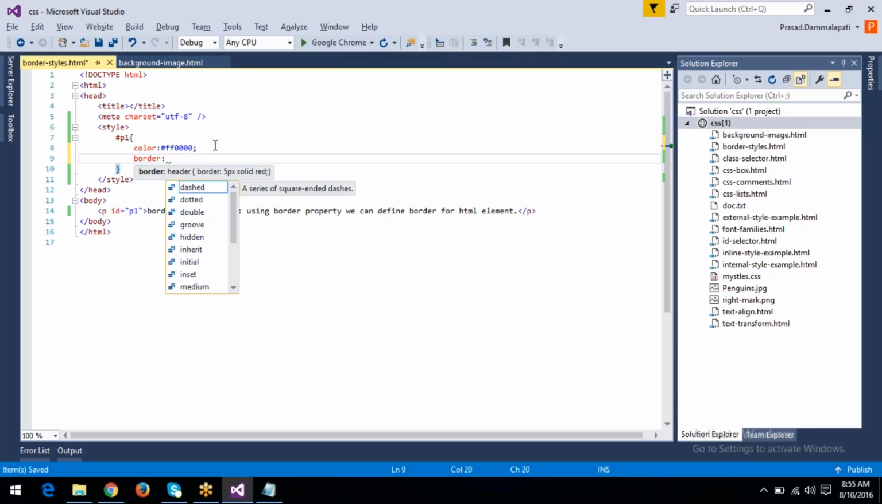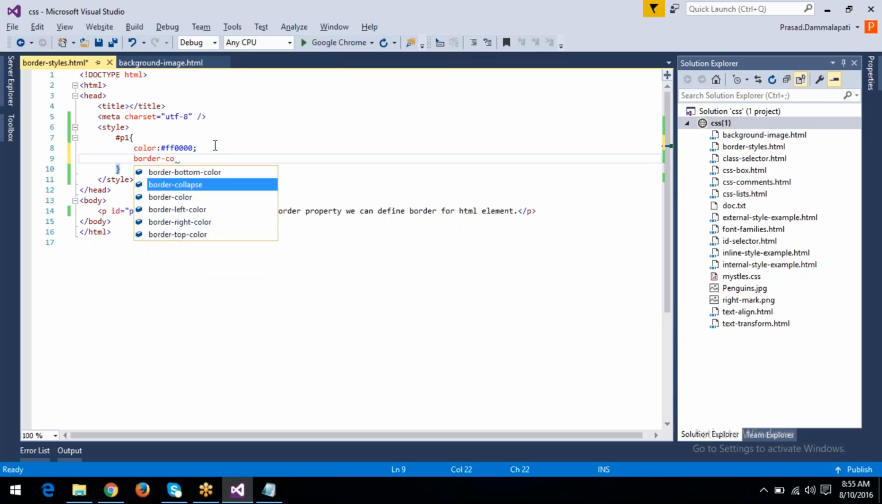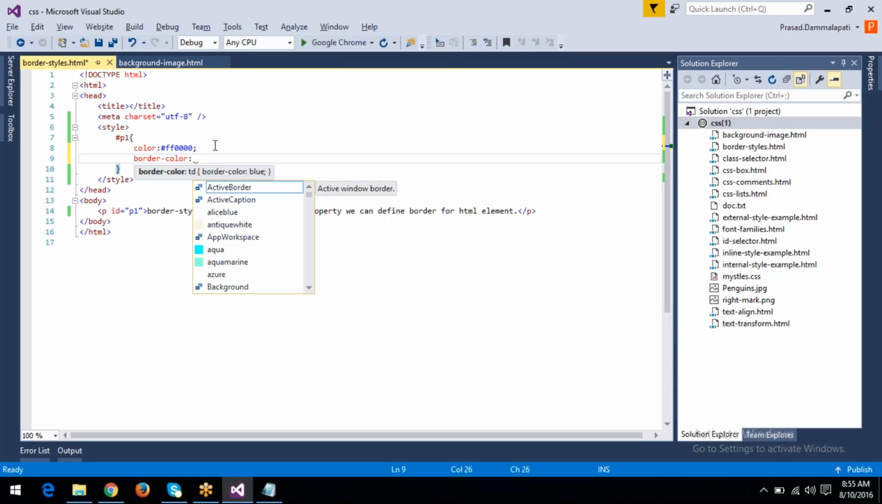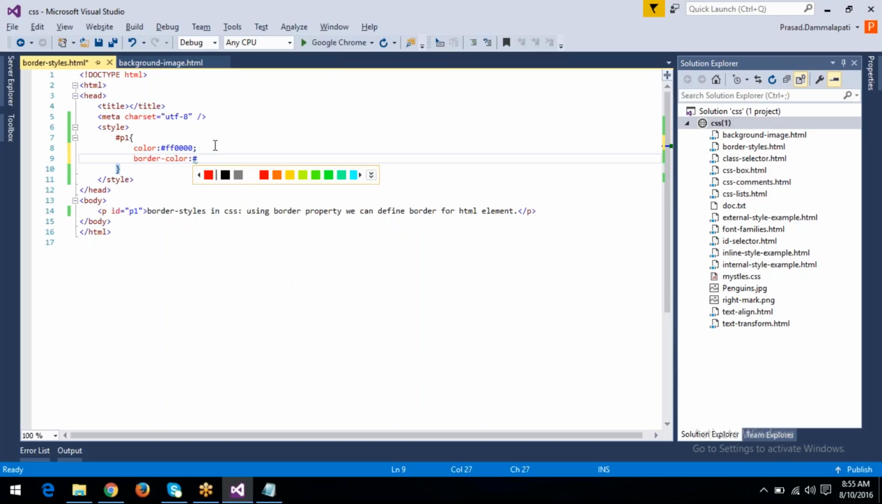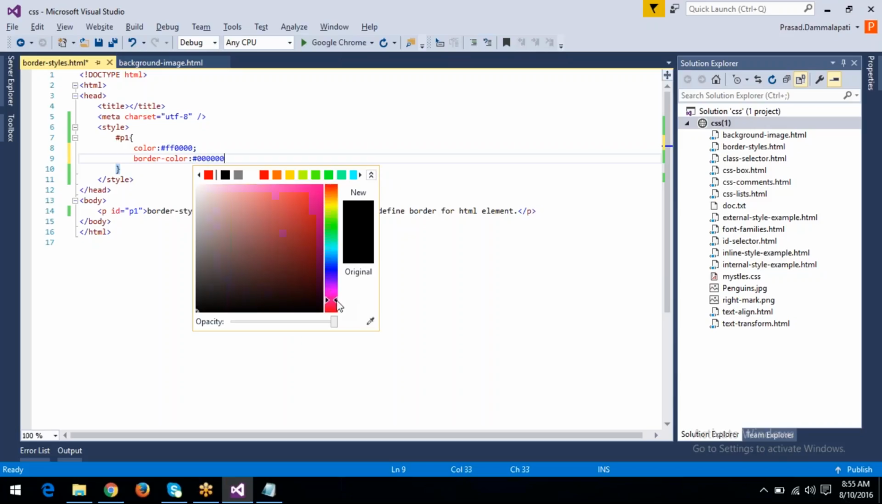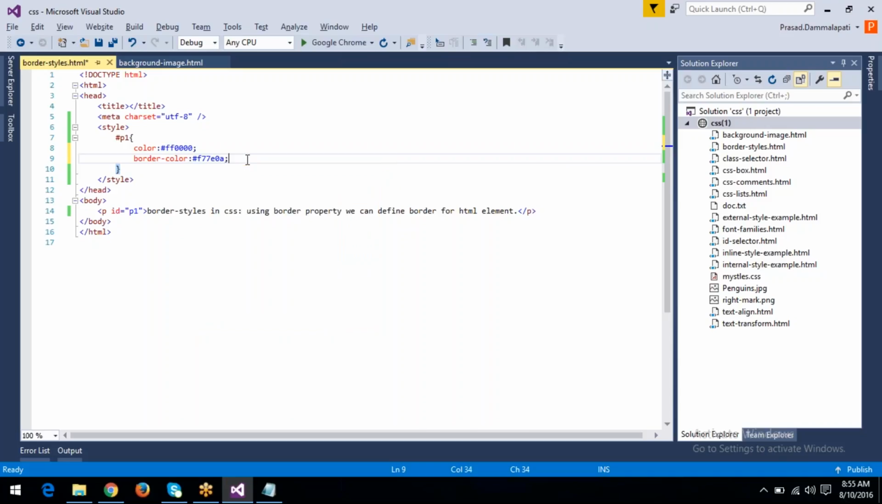So here border is the short term property. If you want to apply individual border styles, border properties, border color, border color, so color codes is... Okay, so this is the color, border color,